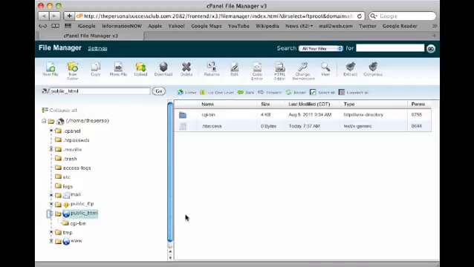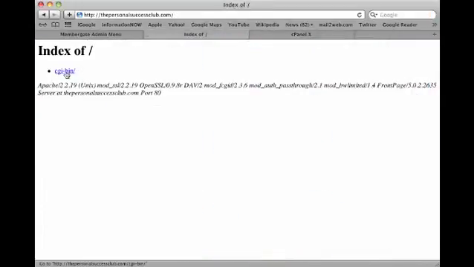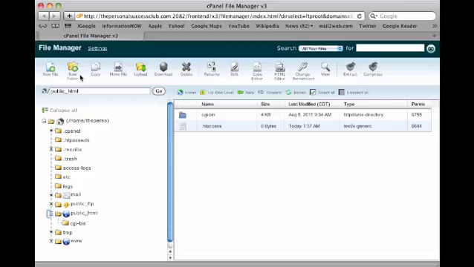So let me click that, and notice that we've got this CGI bin here. Let me go back to this index. You see how it says index of /CGI-bin? That's exactly what this is. So it's showing us what is inside this public folder for our domain name,